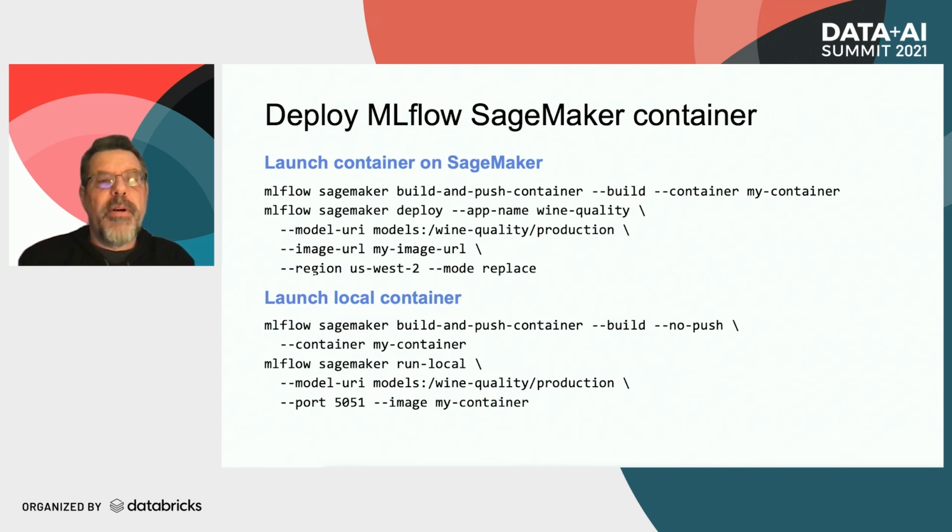Here's an example of using the CLI to build. In the first example, we're building the container and then pushing it out to SageMaker, in the sense that we specify the model URI, that's from the registry, and then your image URL. You need to have previously created this in SageMaker, so it's all SageMaker specific. And the second example is we're actually building that container and then running it on the local machine at port